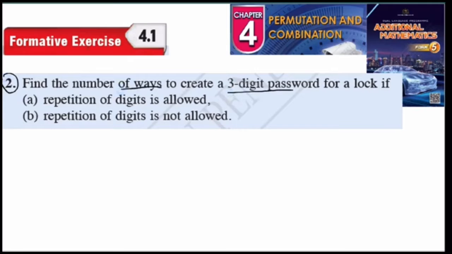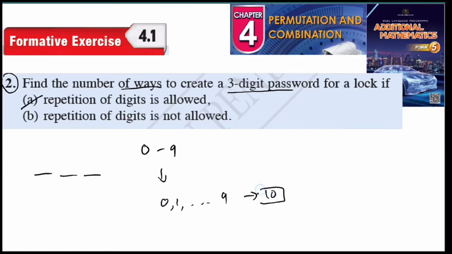Find the number of ways to create a 3-digit password for a lock if repetition of the digit is allowed, and then if repetition of the digit is not allowed. So let's discuss A. Repetition of digit is allowed, meaning that we can use all the digits from 0 to 9. So we have 10 digits. That means we can use back the digit that we used. So we have 10 times 10 times 10 choices. So the number of ways is actually